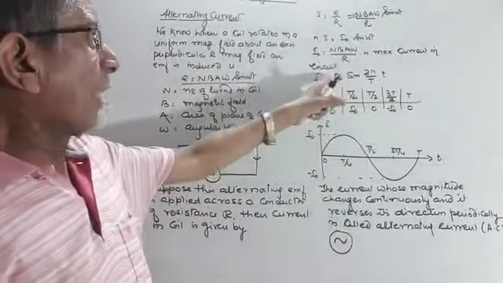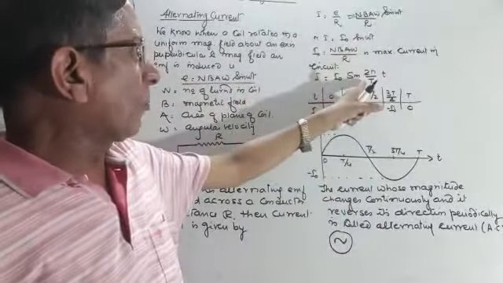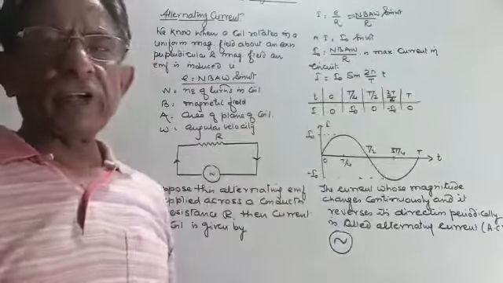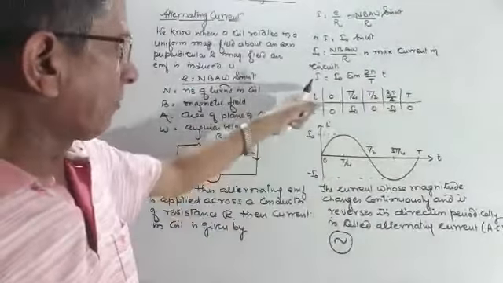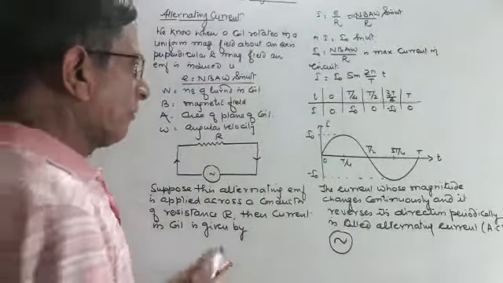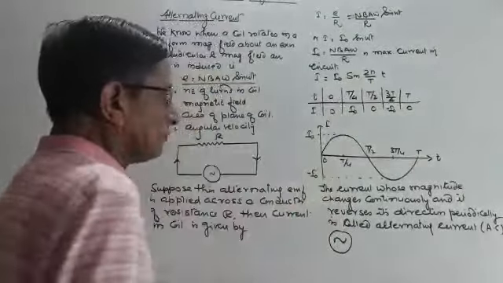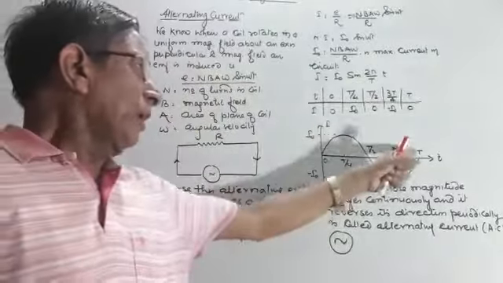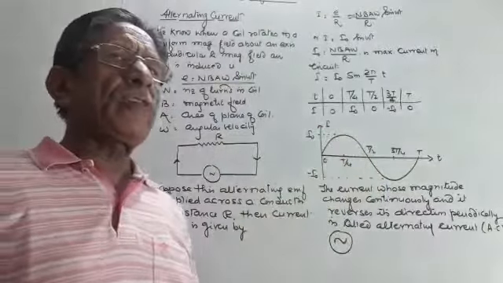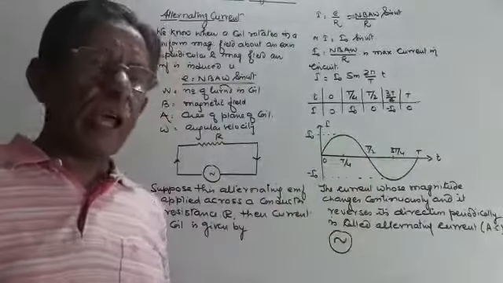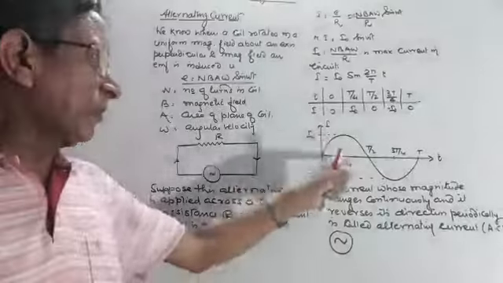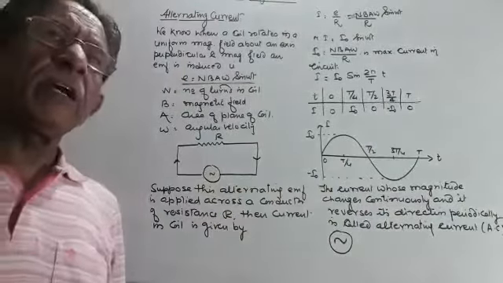So I is equal to I naught sin, I have replaced omega by 2 pi upon capital T, small t. Plot the graph between I and T. The graph will be a curve as shown before you. You are going to see the magnitude of the current is changing continuously and reversing its direction. Dear students, such a current is called alternating current.